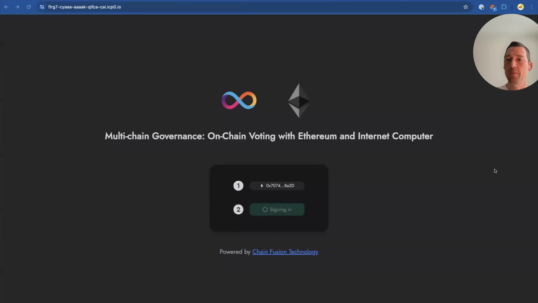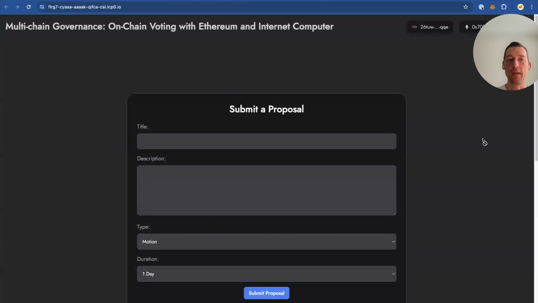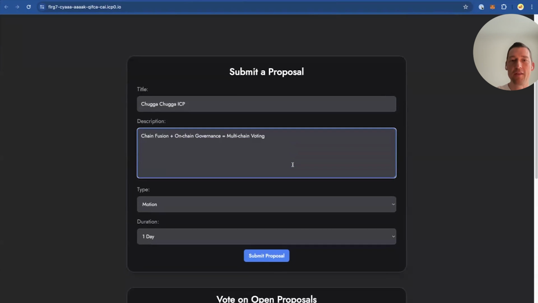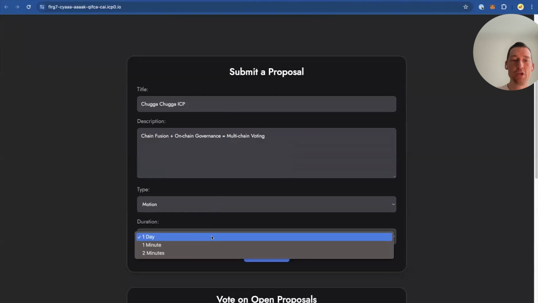That's the login screen. So I log in with my MetaMask, leveraging the Civic project I mentioned earlier. And then I get to a submission screen where I can, maybe I can quickly say, you see here on the top right my ICP principal and the linked Ethereum address that belongs to it. Now, under that identity, so to speak, I can submit a proposal. Let's do something like this. I can submit a proposal here. For the time being, that can be a motion proposal, but of course you can think about other types as well in the future.